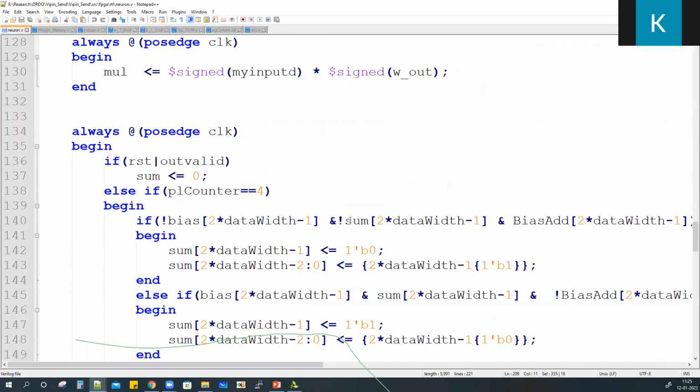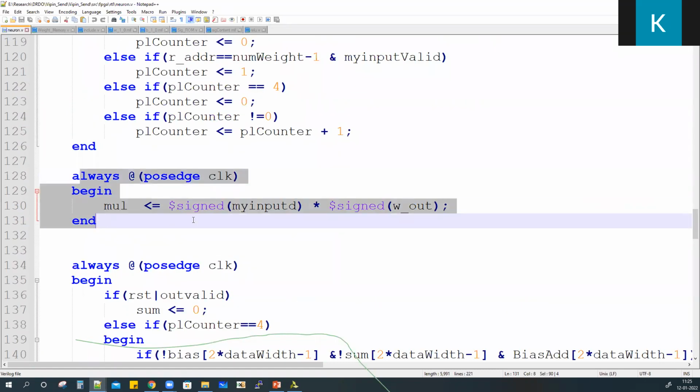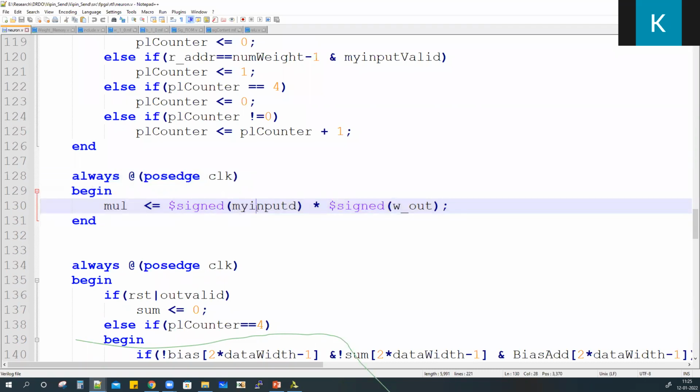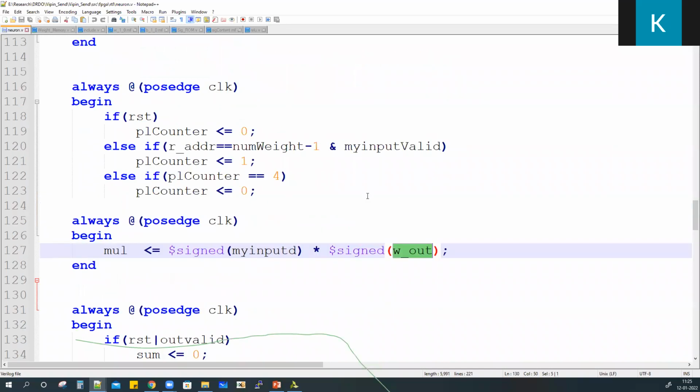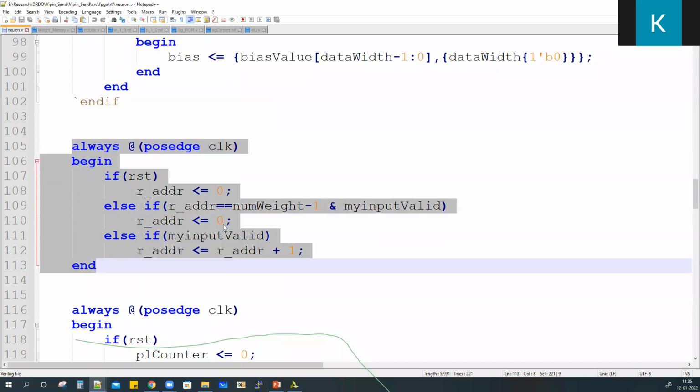Now, what is happening? So this is our multiply block. Although last time I said signed multiplication is not that great, I'm actually using signed multiplication here to reduce the amount of code. So you can see what is happening here. I'm multiplying my input, which is coming from the external world, with the output from the weight memory. When I get a new input, the output from the weight memory will change, because this circuit is the one reading from that weight memory.